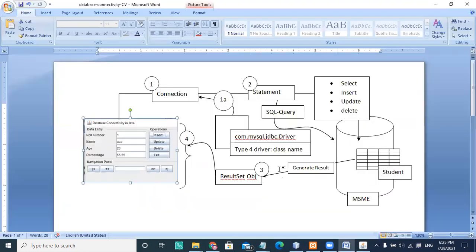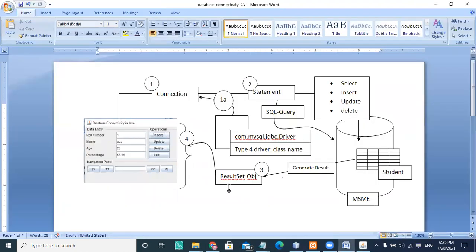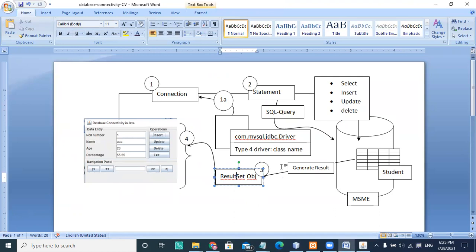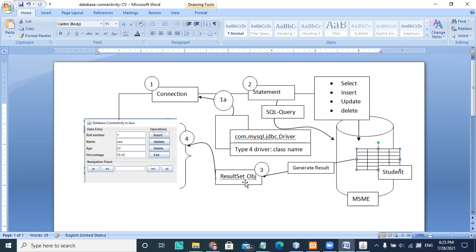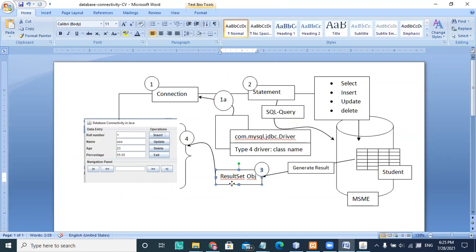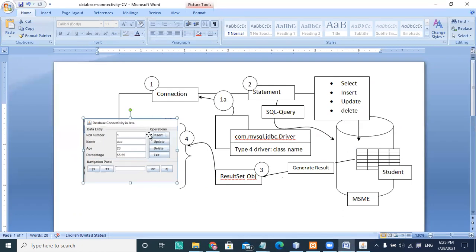Today is the last session, but I'm going to give some extra video where it will show how you can generate the result set object. And that result set object you can bind here, and whenever you select any roll number, the respective information will show inside the input boxes.